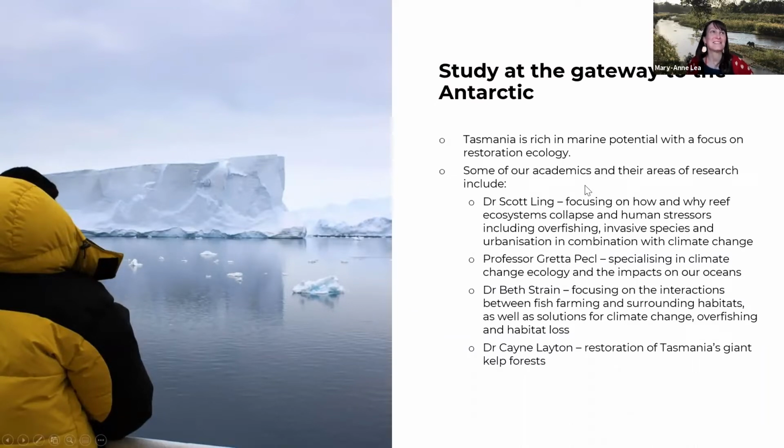So Tasmania is rich in marine potential, and there is a strong focus on restoration ecology here in Tasmania and in Australia and the world more broadly. So some of our research academics who work in this area include Dr. Scott Link. He's focusing on how and why reef ecosystems collapse, and these human stresses, including overfishing, invasive species, and urbanization, as well as climate change and how they